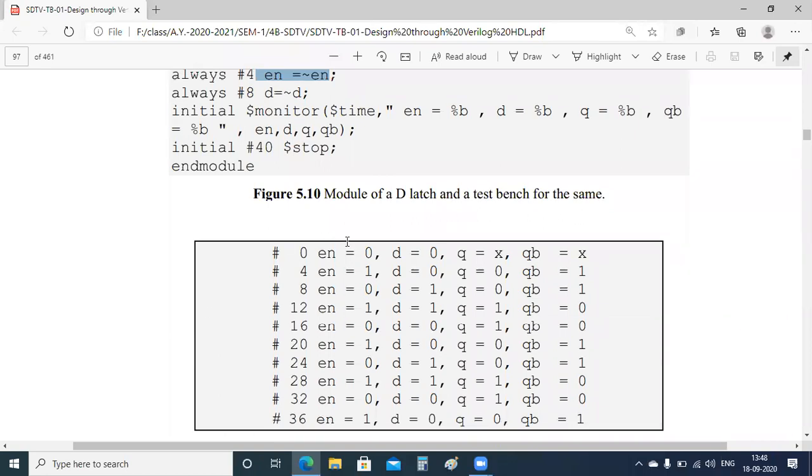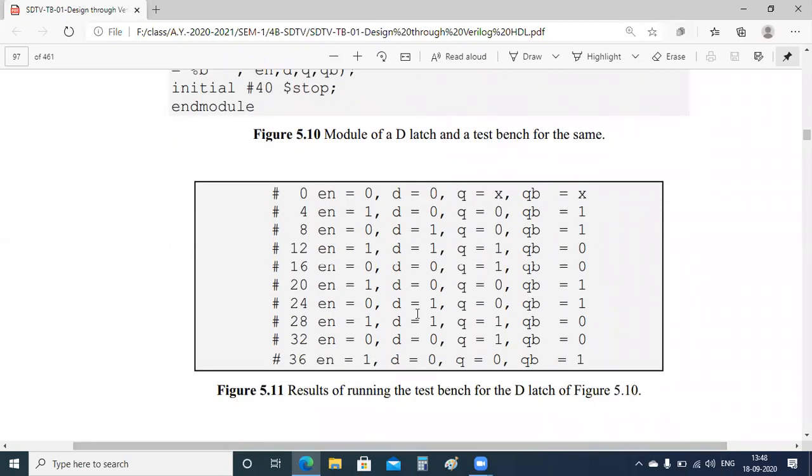You see here, enable is 0, 1, 0, 1, 0, 1, 0, 1, 0, 1, and D is 0, 0, 1, 1, 0, 0, 1, 1, 0, 0, like this, right? And correspondingly it is going to produce the output that we have written here.